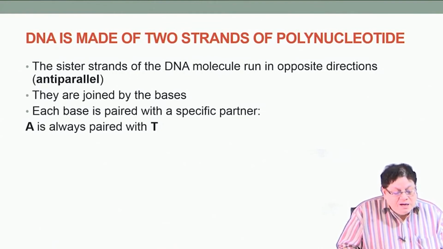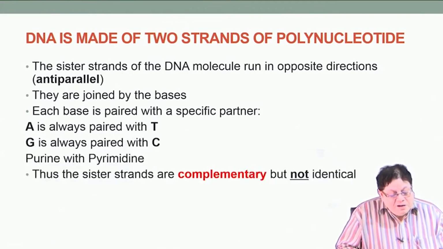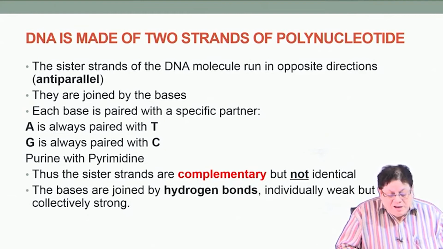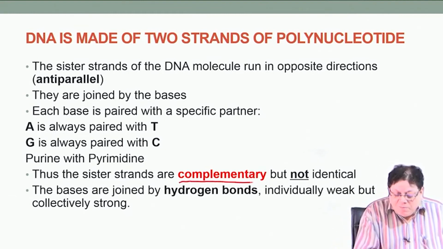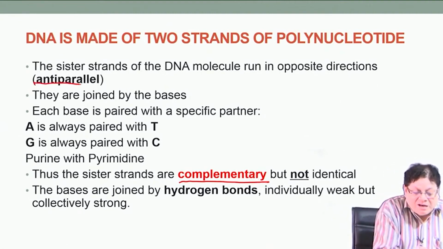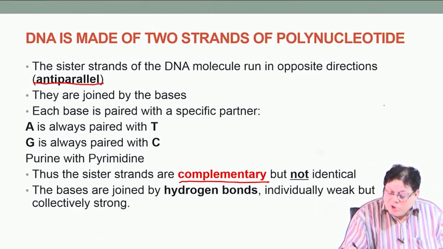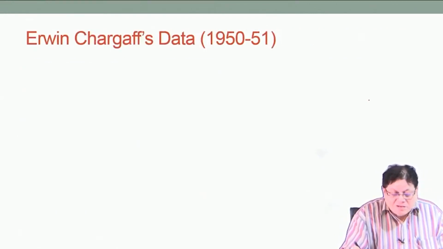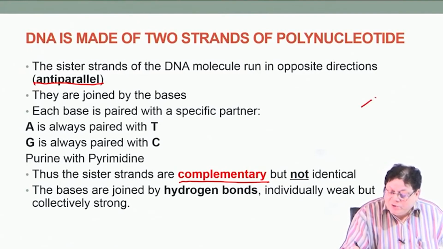Now, the next question is, this we have already said, A pairs with T, G always pairs with C. So, that means a purine pairs with a pyrimidine, and the most important point here is the complementarity, and there are two important terms, and the anti-parallel nature. Okay. When you join a sugar unit,